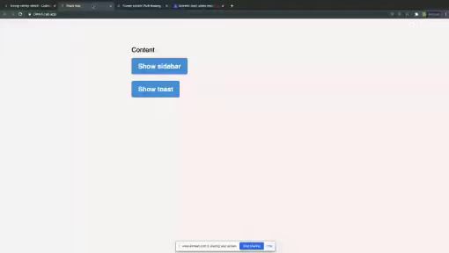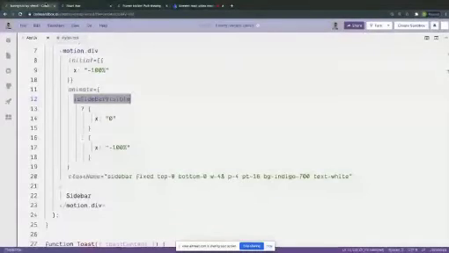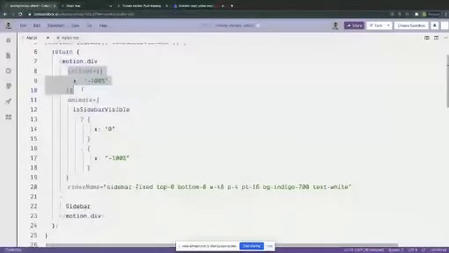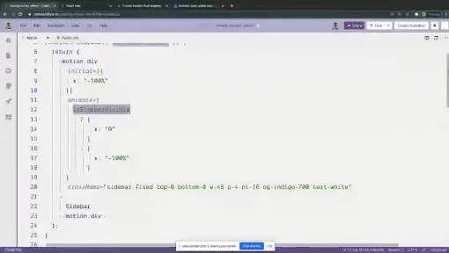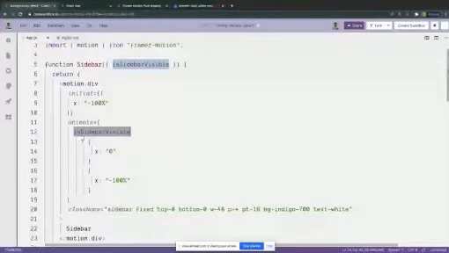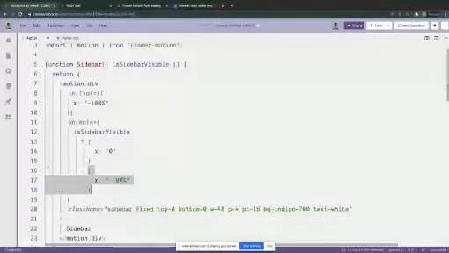Okay, I'm going to go back, reload the page. Hopefully it works. It is working. So what exactly did we do here? We added an initial state for our motion.div where the element is moved to the left by 100%. And when sidebar is visible becomes true, it's going to move to its exact position. And when it becomes false again, it's going to move back.